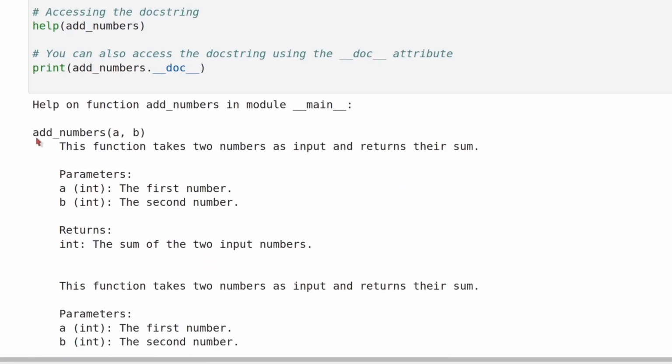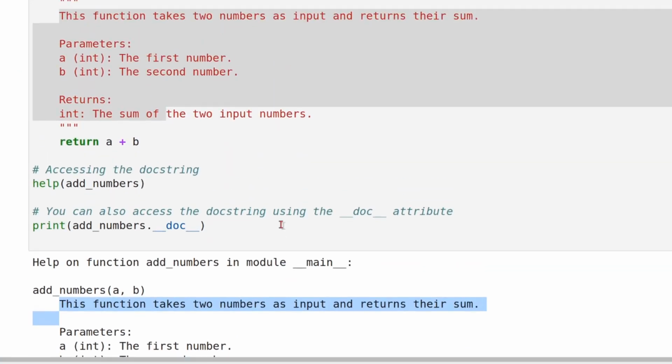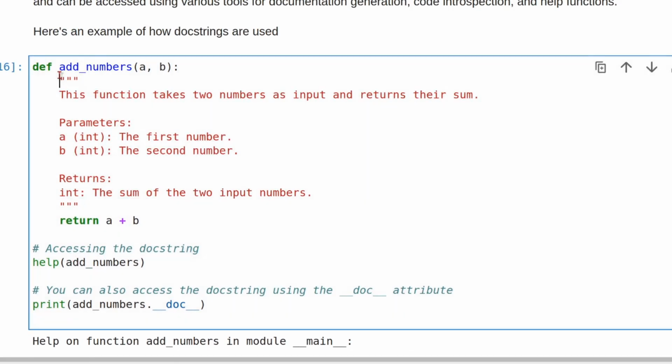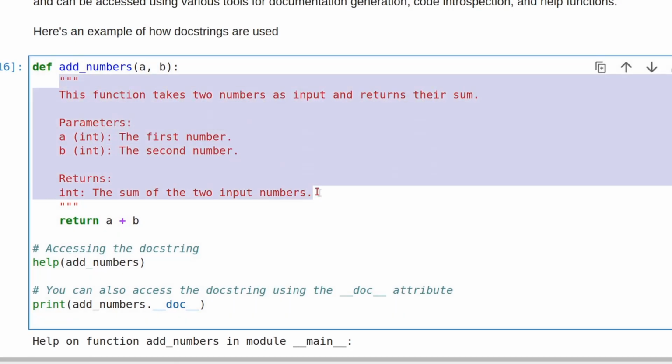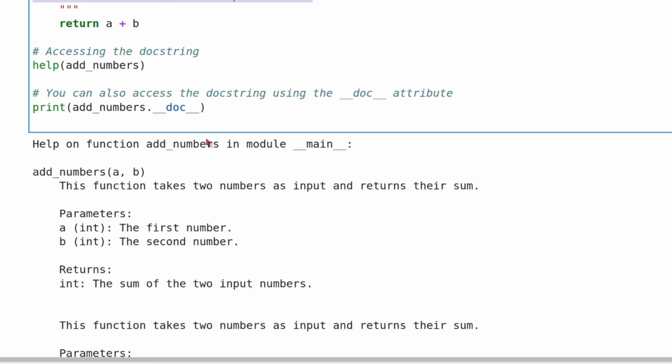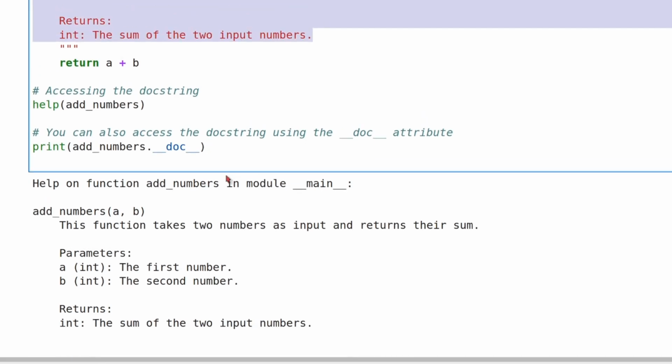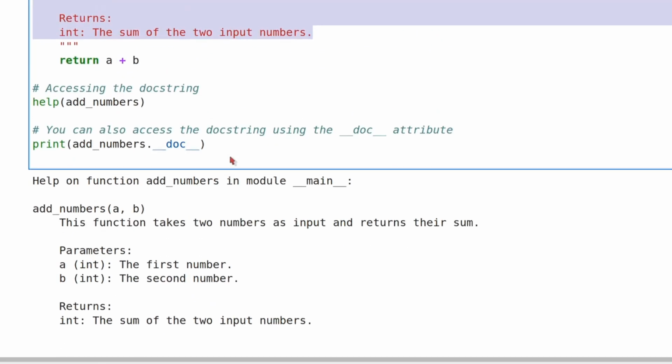Now you can see it: add numbers is a function which takes two arguments, and it gives everything. People usually need help when they do some task and call help. If there is a doc string written in the function or the class, it will output what this class is doing.